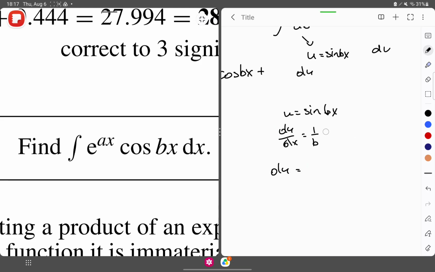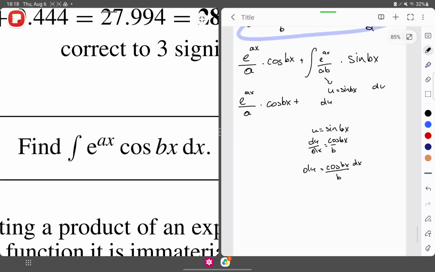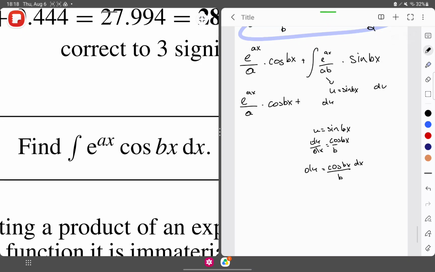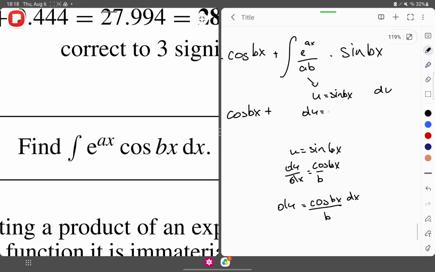Okay, du is what? Cos bx. No, wait a second. That will be cos bx dx over b. So cos bx over b dx. All right,